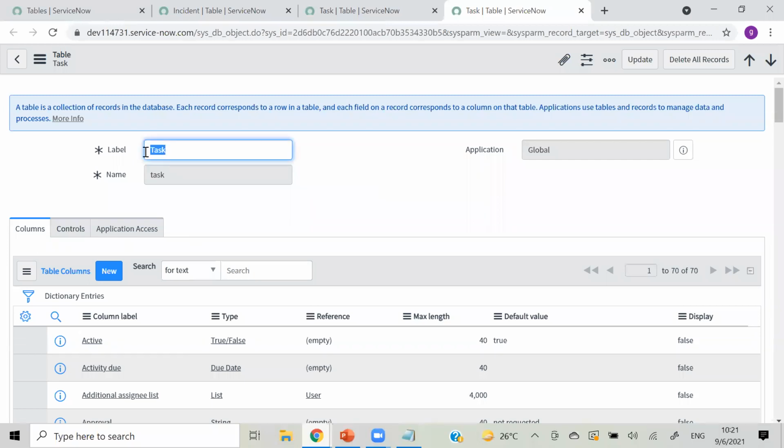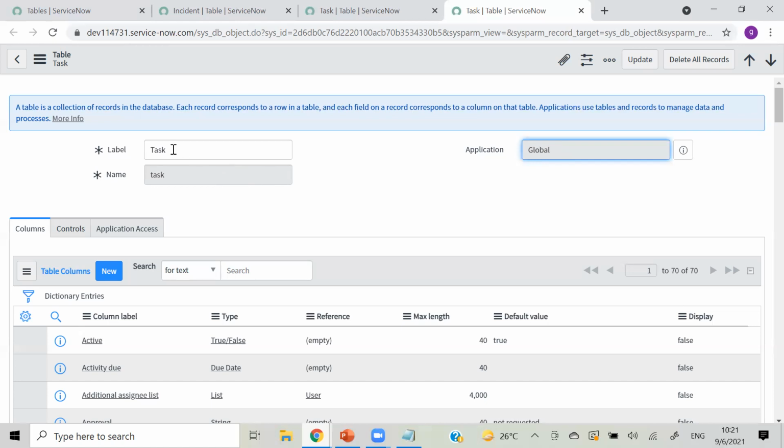So you can see this is a task table and its background name is also task, and this is in the global application. As I told you in the second class, we will have application as a default, global, when we are doing our dev, but in real time we will have different applications. In any real life, if we are working in company ABC, their application will be ABC.